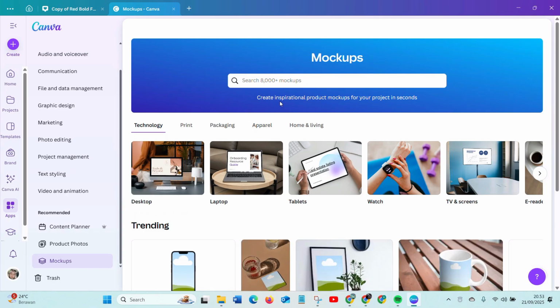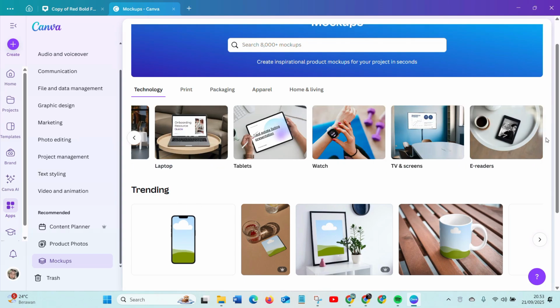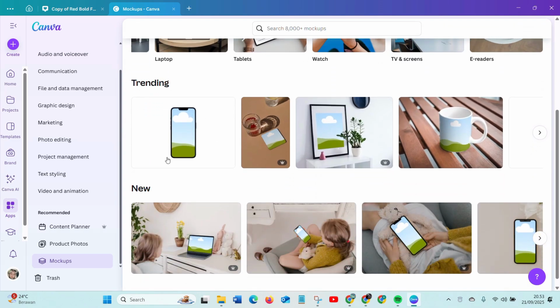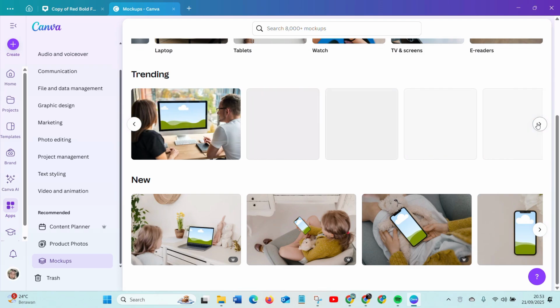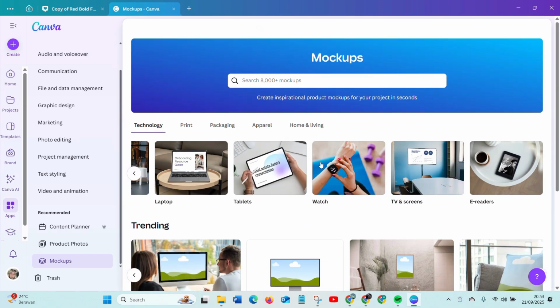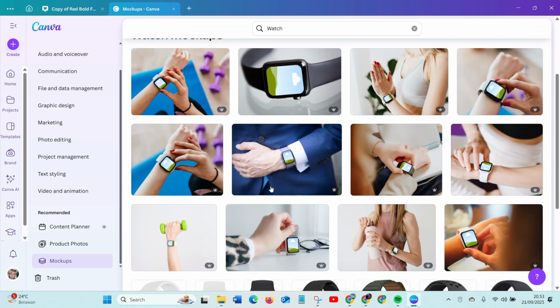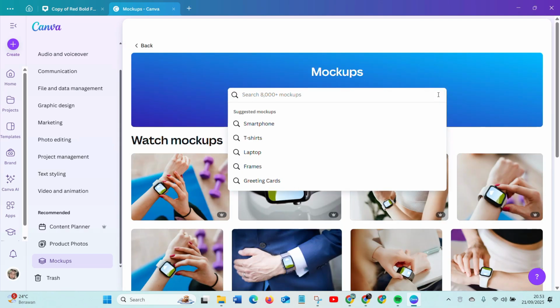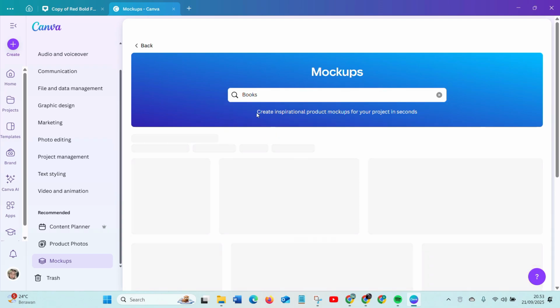And in here, you can create inspirational product mockup for your project in seconds. You can choose if you want to create mockup for desktop, laptop, tablets, watch, or TV screens, e-readers, or phone. This you can choose. Maybe for the example, I will create mockup for watch, or maybe book. You can search for book